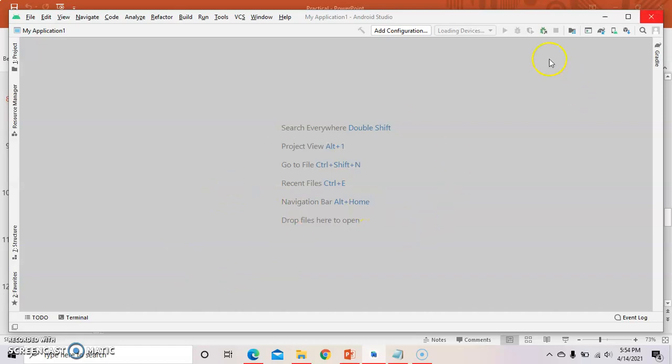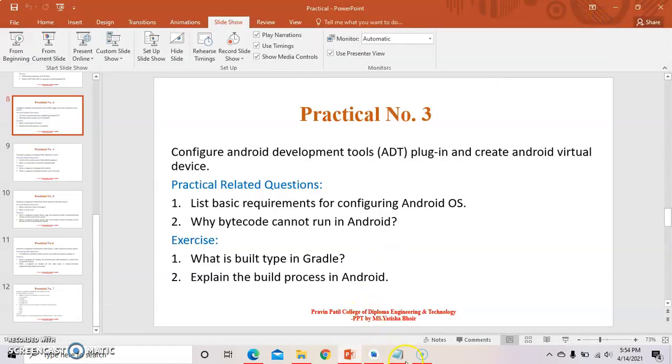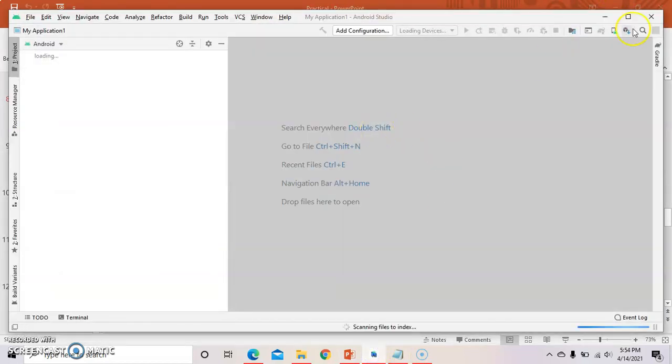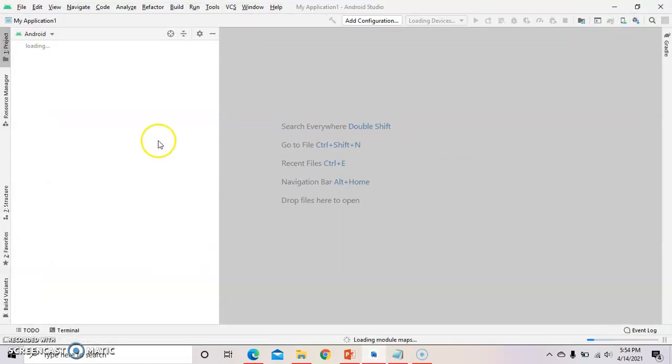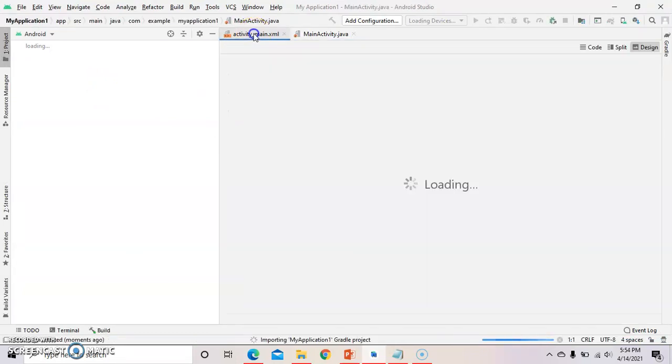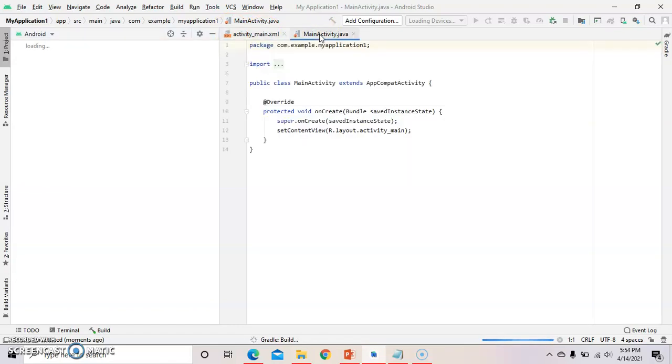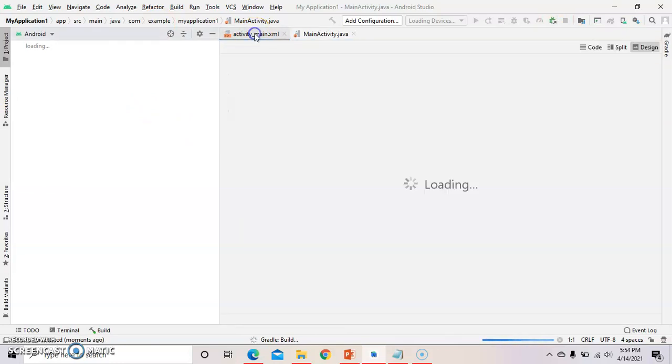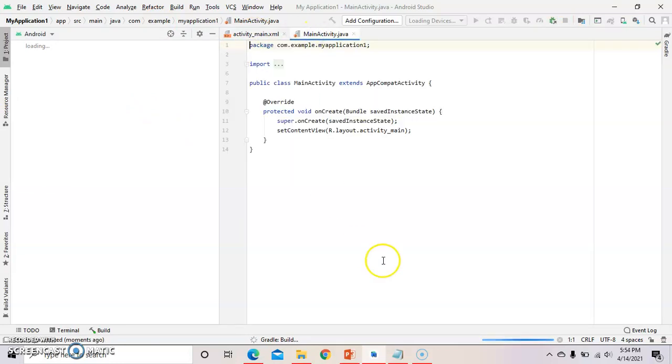It will take a few minutes. The design will be loaded. This is the complete layout of Android Studio.